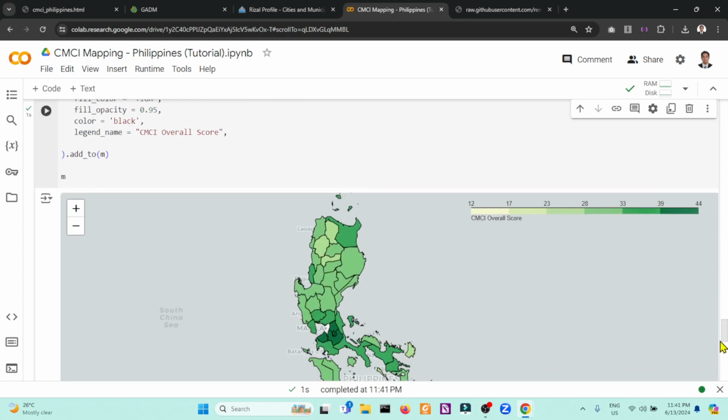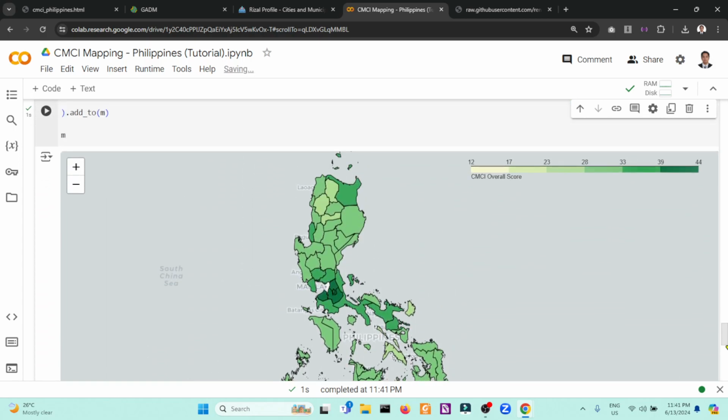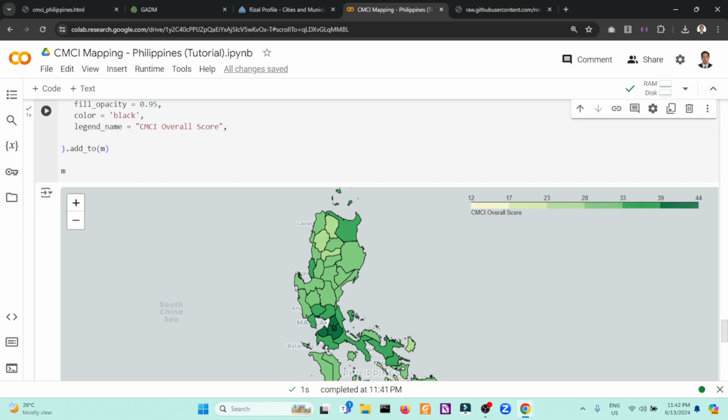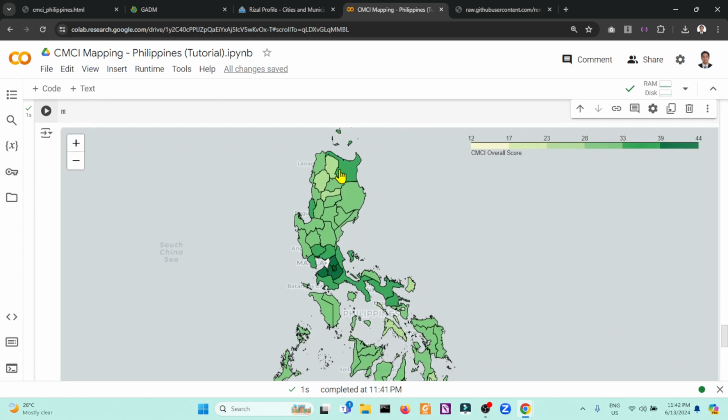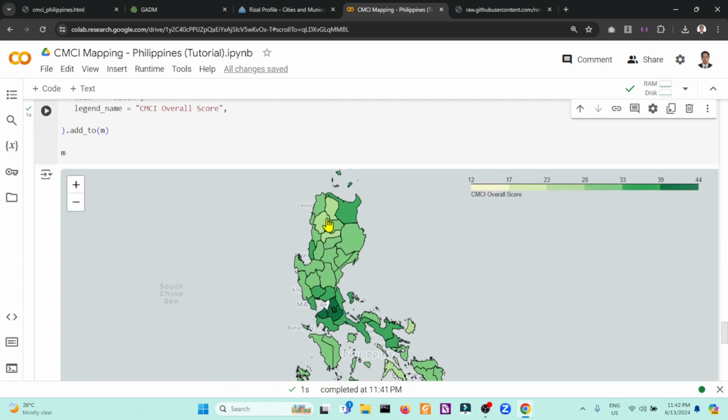So we will now have a choropleth. The darkest green will be from the range of 39 to 44, which is this one, Rizal. But remember, we have customized the tooltip, but we have no way of projecting it. Based from the video, as I hover this, there should be a tooltip. So let's create the specific tooltip customized based from our customized HTML design.